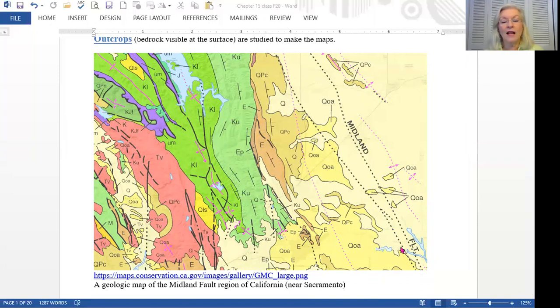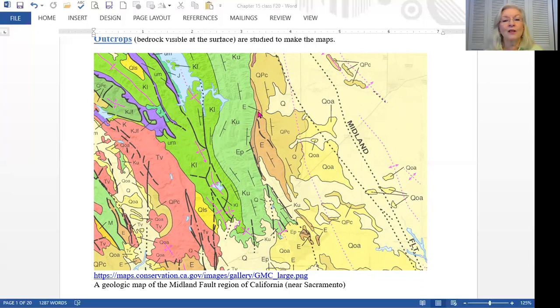It's from the Sacramento region, and it shows the Midland Fault. So you can see the Midland Fault is labeled on this. The different colors correspond to different kinds of rock, and each kind of rock is a different age. So the symbols that are in the rock, like this QPC,